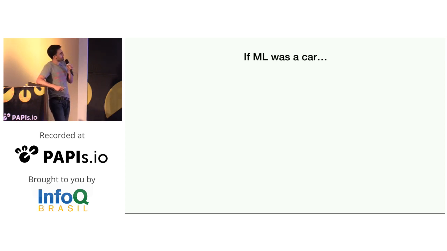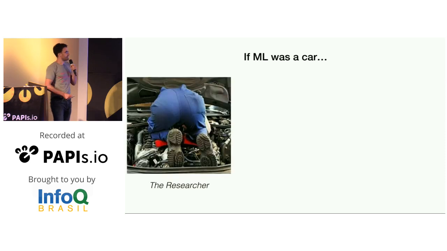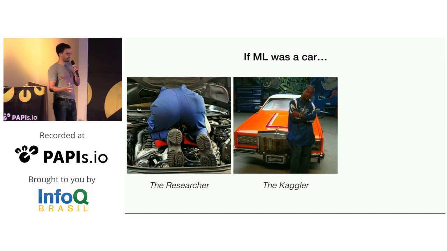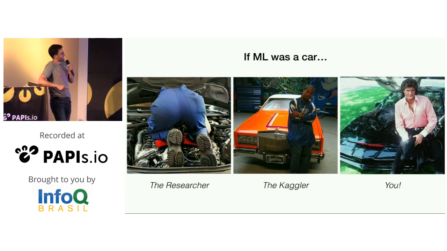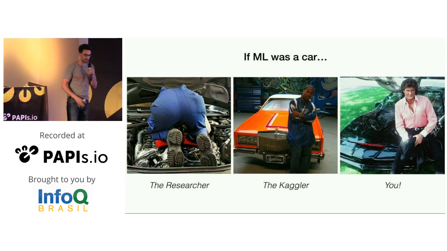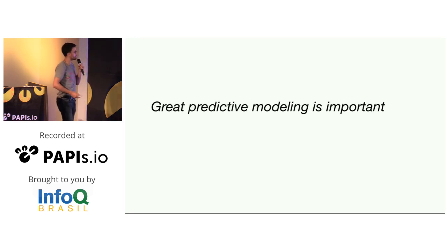All right, I like this comparison of thinking of machine learning as a car. I think I had a similar slide last year. The researcher would be the person who tweaks the engine. The Kaggler would be the person that puts different pieces together and pimps the model, and then that should be you, I think. You shouldn't be worrying about attaching a steering wheel to your engine, attaching wheels and creating the gearbox and so on. You should just use the machine learning product of the car to complete your mission, right? That's what you should be worrying about.